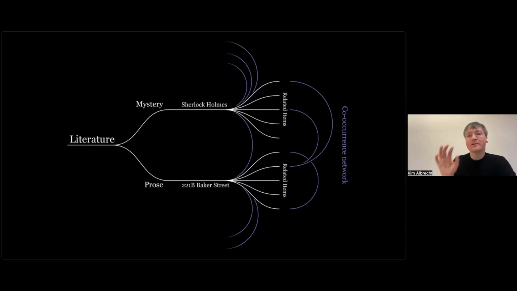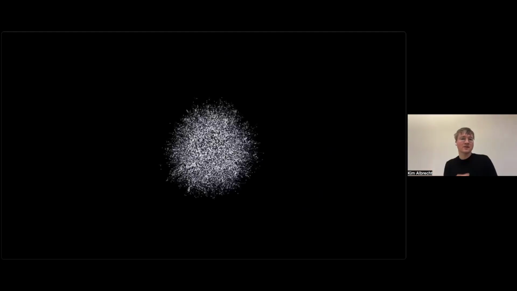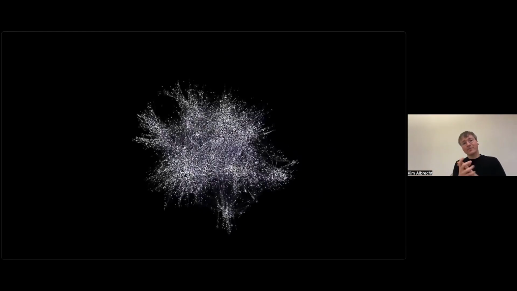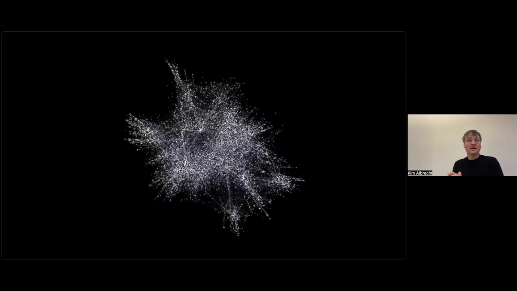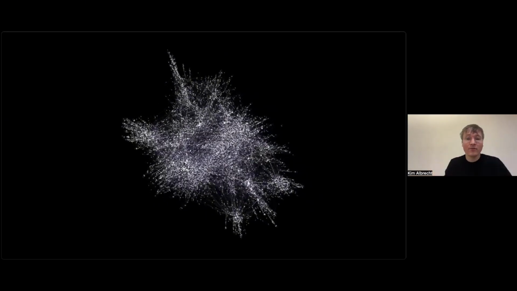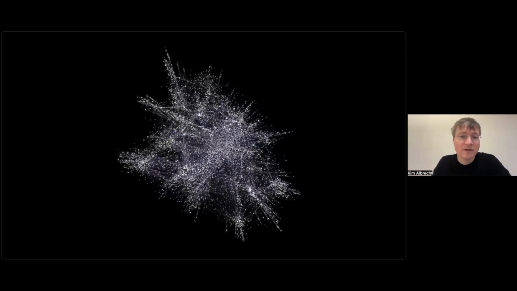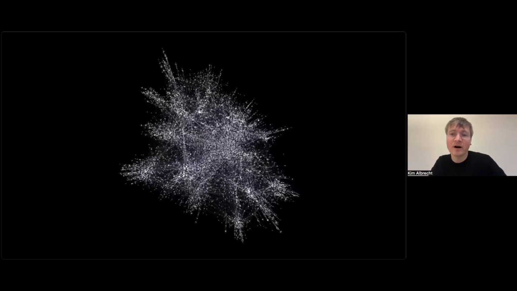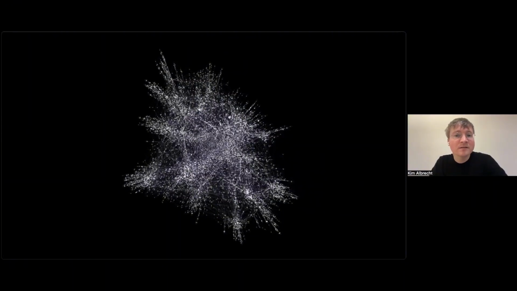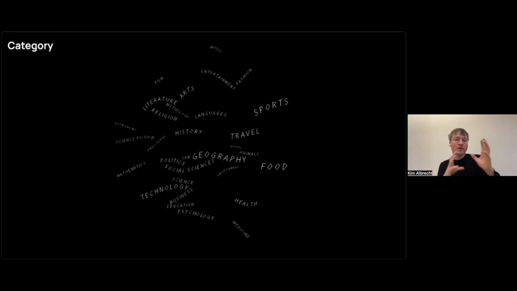And from that, I constructed a co-occurrence network where these levels of information are related to one another. And then again, I calculated the best position of these data sets by force. So things that are closer to one another have more things in common than things that are further apart from one another. And this drew a map.